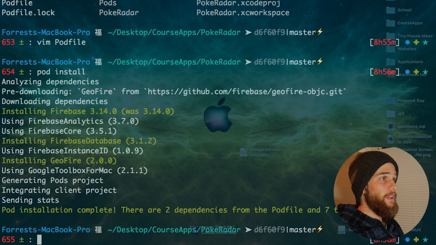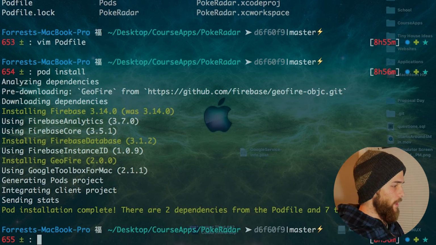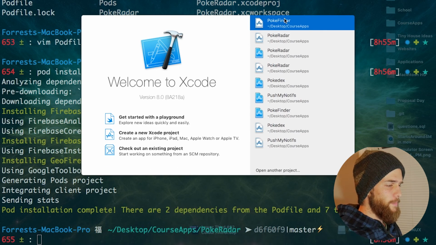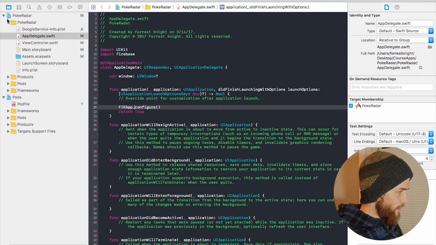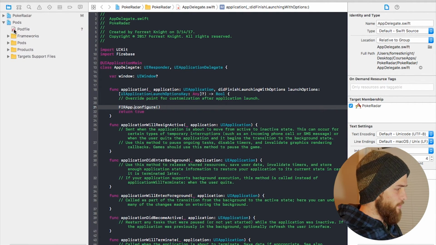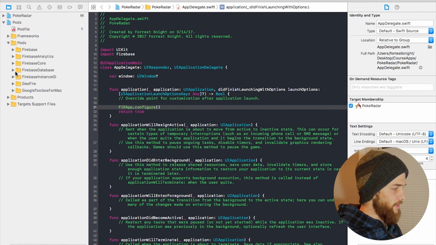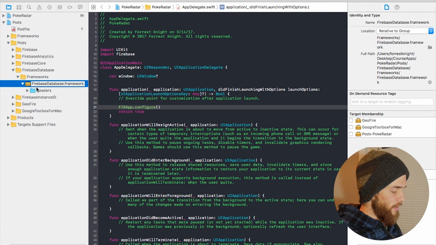And then after pod install, what are we going to do? We can get out of this. We're going to want to open up that workspace, PokeRadar. And then where are we at? Let's come over to the pods directory. Within that pods directory, we're going to go to Firebase database, frameworks, and then Firebase database framework. You're going to click on that. Then over here under target membership, you'll see GeoFire. Check that, build,